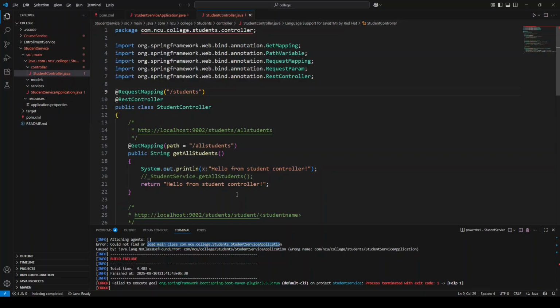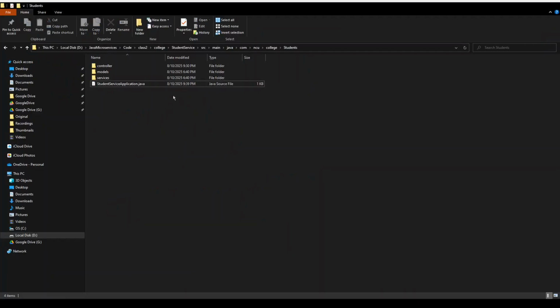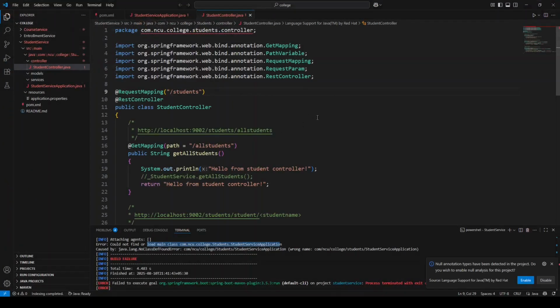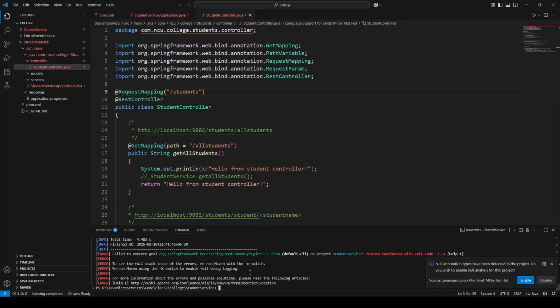It is possible that our previous target had a wrong class path. So I deleted it so that we can build it afresh. And I am actually going to delete this also because we changed the hierarchy. When you change such hierarchies and add things outside of VS Code, VS Code sometimes is not able to figure out what actually happened and it starts complaining. So let's try one more time,